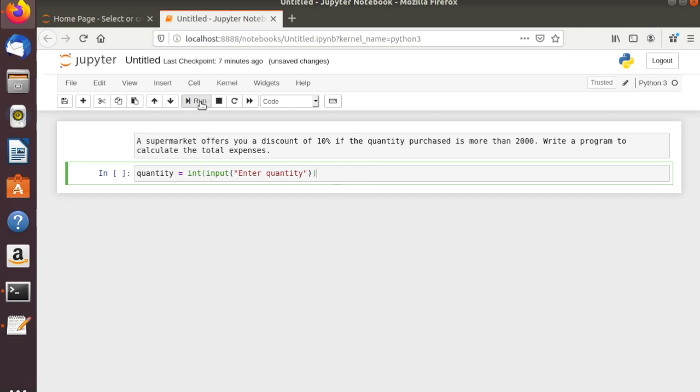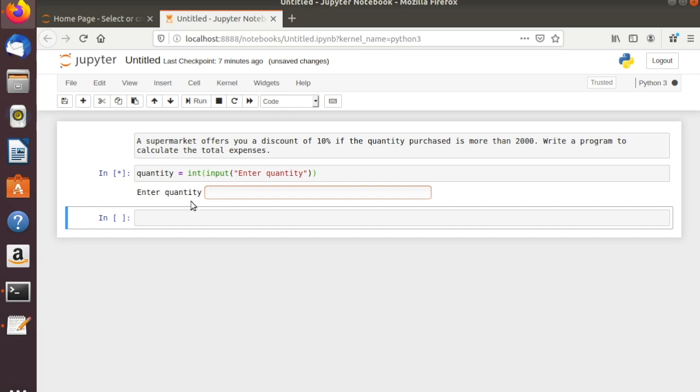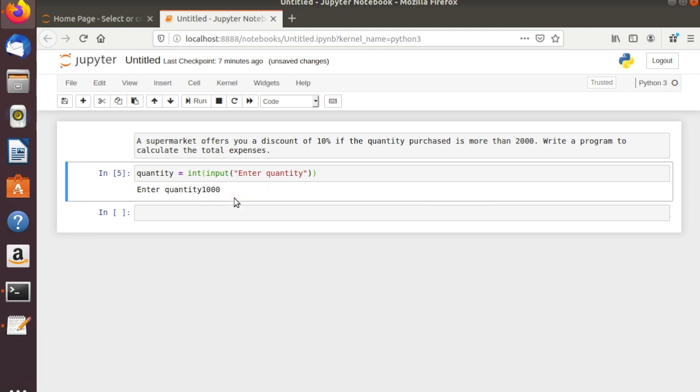When you execute this one, then see, the cursor is waiting here, enter quantity. Now we have to enter quantity. Now say 1000. Let me enter 1000. Okay,